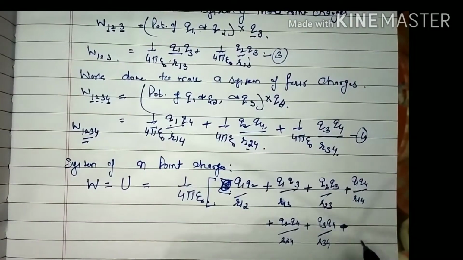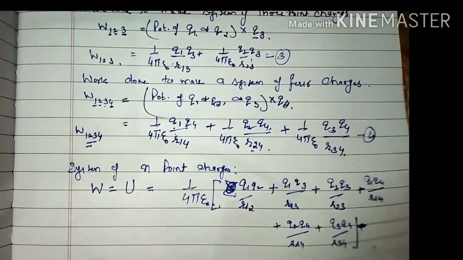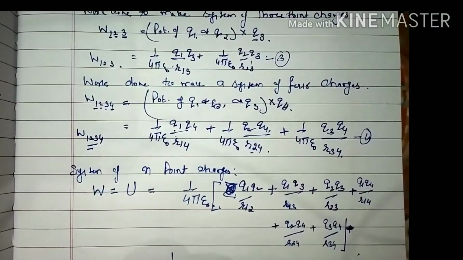Okay, all the terms are added in this way. Then here we will write 1 upon 4 pi epsilon